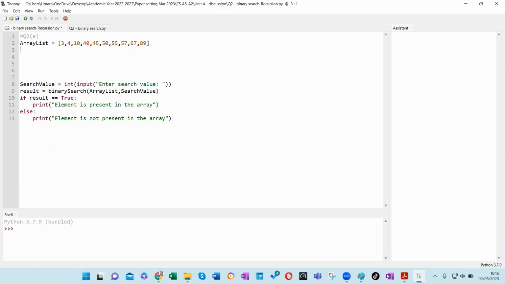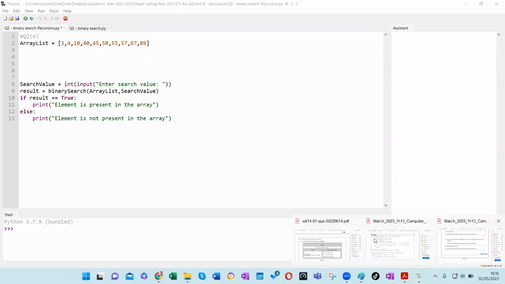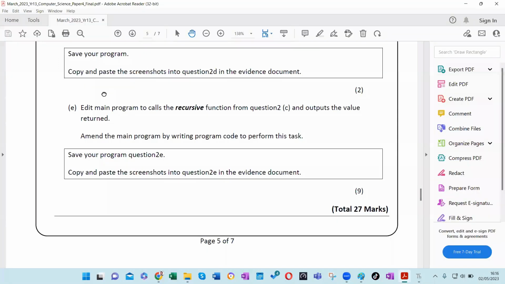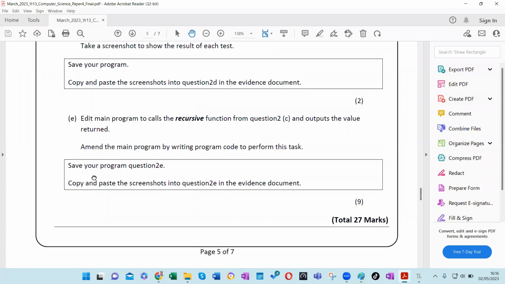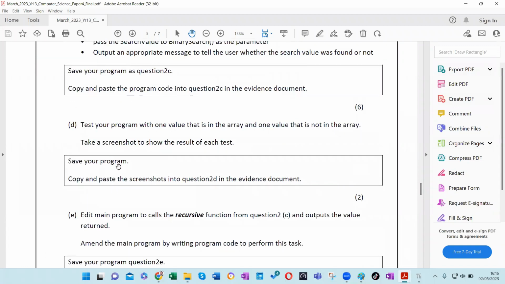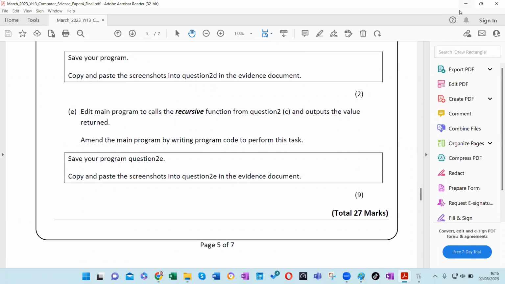Paper. Now, that day we did up to this point, right? Up to this question. Now you didn't do the paper, right? No, sir. Yeah. So we did up to 2D, and right now I'm doing 2E, and I'm recording the session, right? So you just follow from here, and